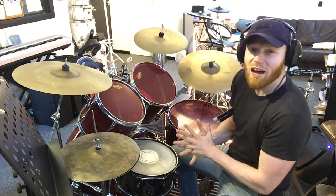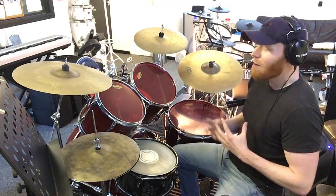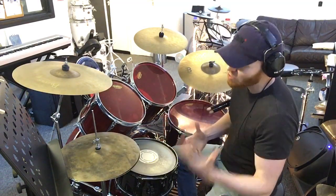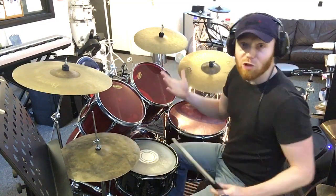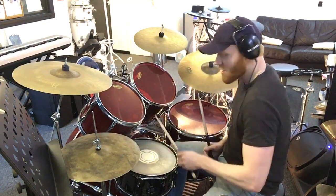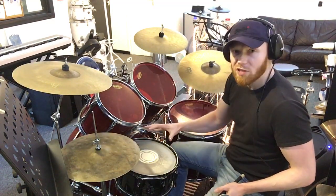If you're in the ballad style, this is probably the one at grade 1 that takes a little more thinking about. A ballad, generally speaking, is usually a softer, slower type of song. So what can we do to play softer? Well, first of all, just play more lightly, of course. On the snare drum, one great option, I think, is rather than hitting a big open snare, to play